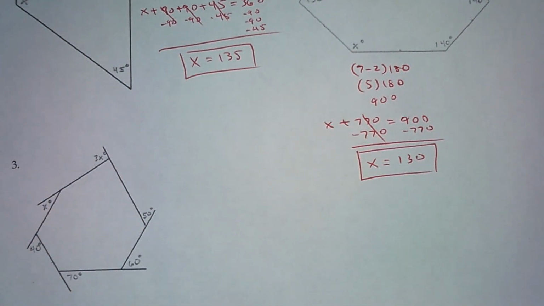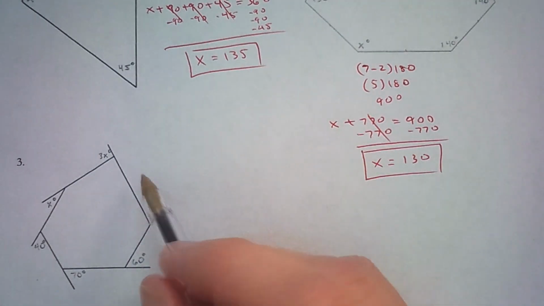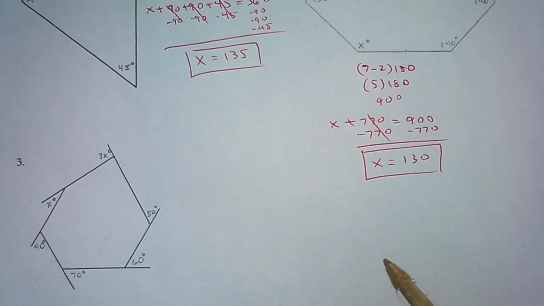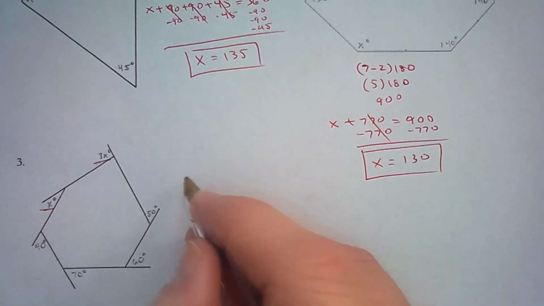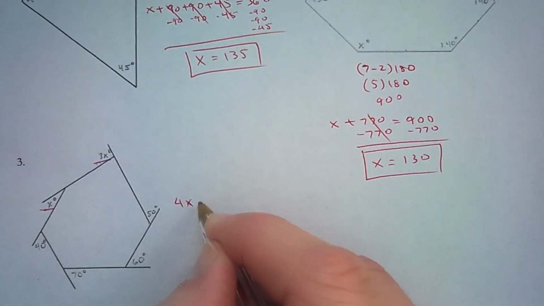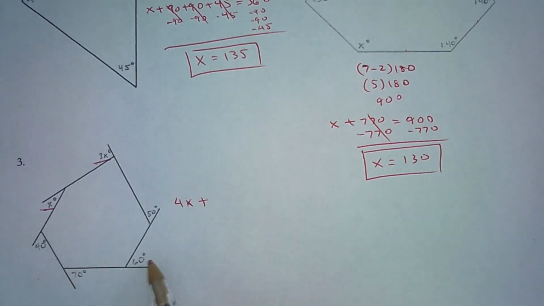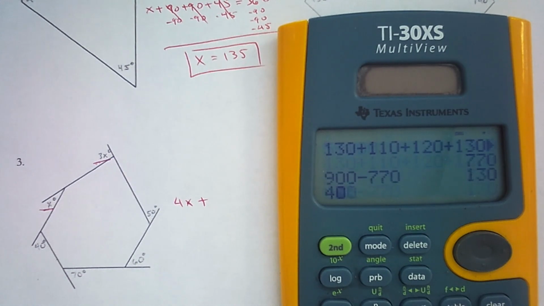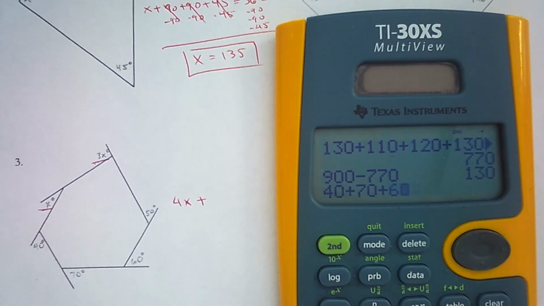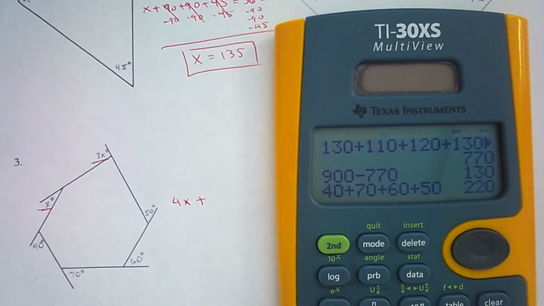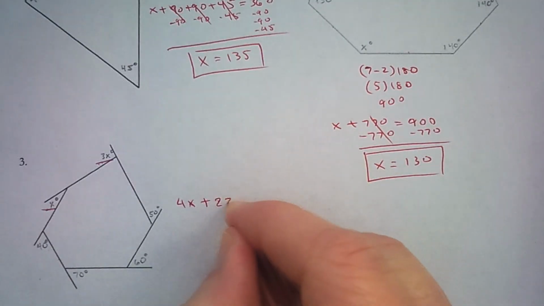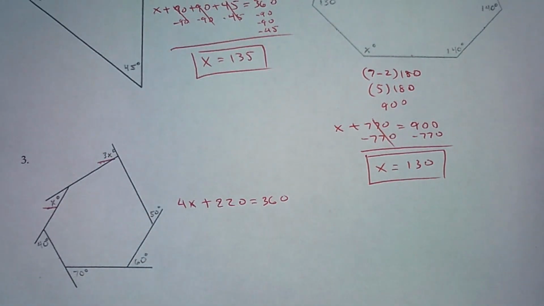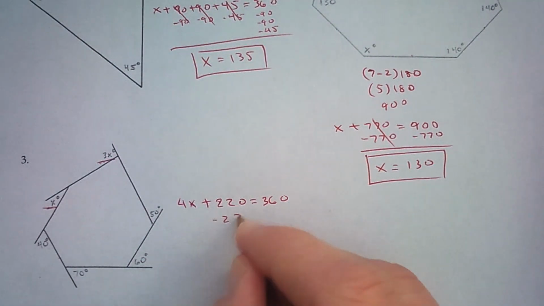Okay, our next one is all exterior angles, and exterior angles always will add up to 360 degrees. So I've got x and 3x, so that's 4x plus, and then I've got 40, 70, 60, and 50, and let's just put those all together. 40 plus 70 plus 60 plus 50 is 220, and exterior angles always add up to 360. So minus 220,